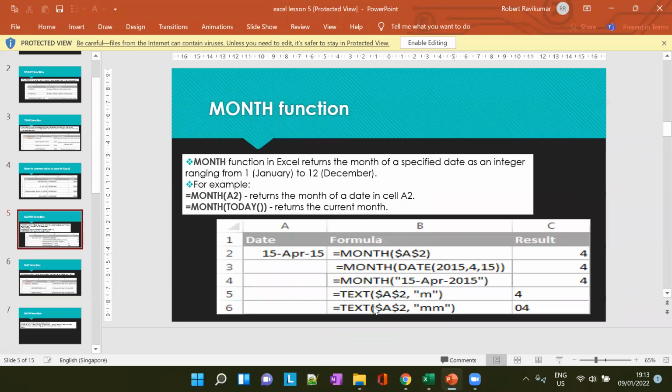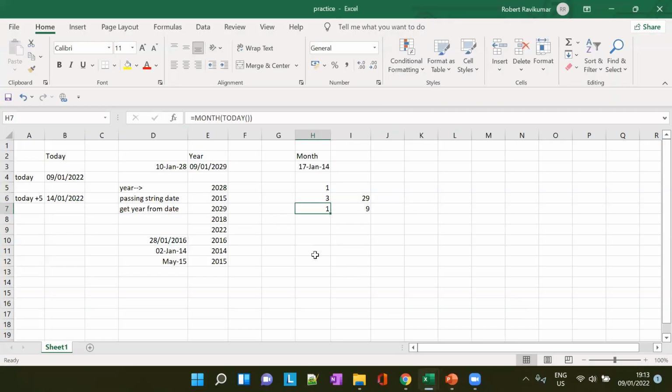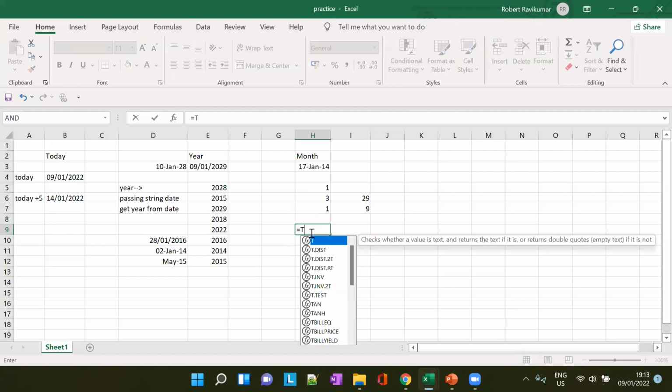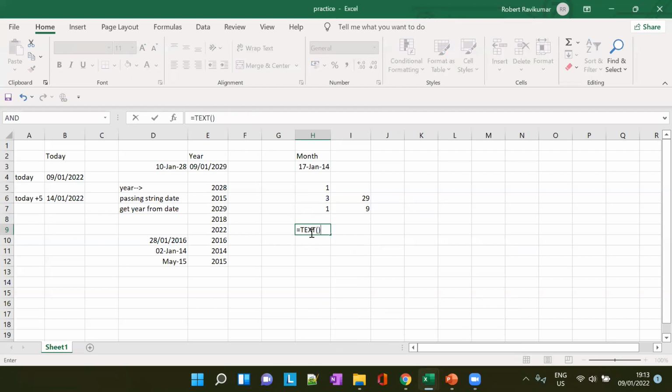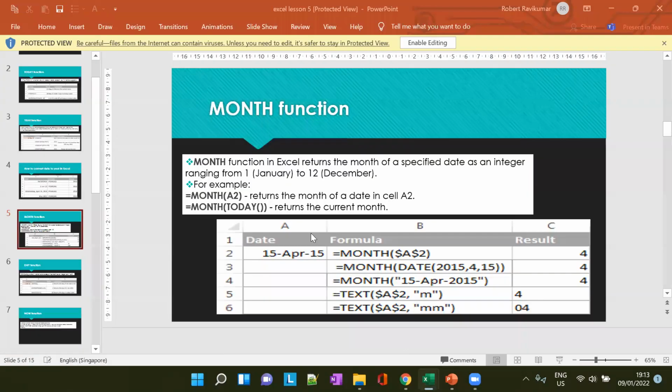Okay. So another function we can use is the text function. We can find the month from a particular text also. There's a text function with which we can get the month here. So if you do this,